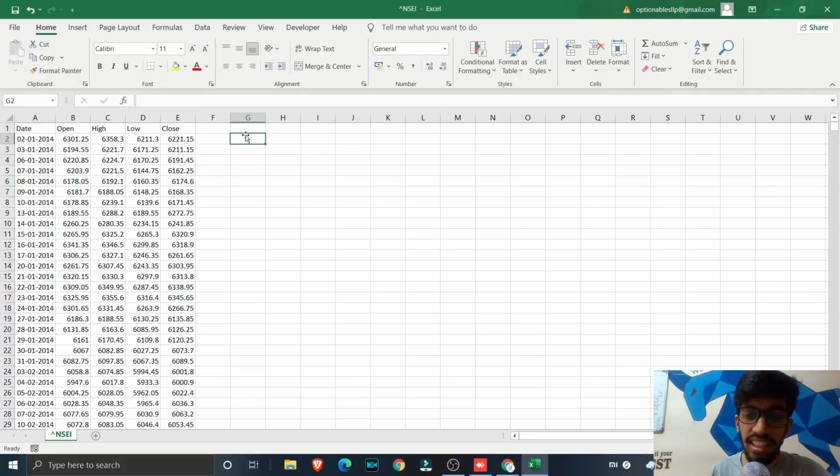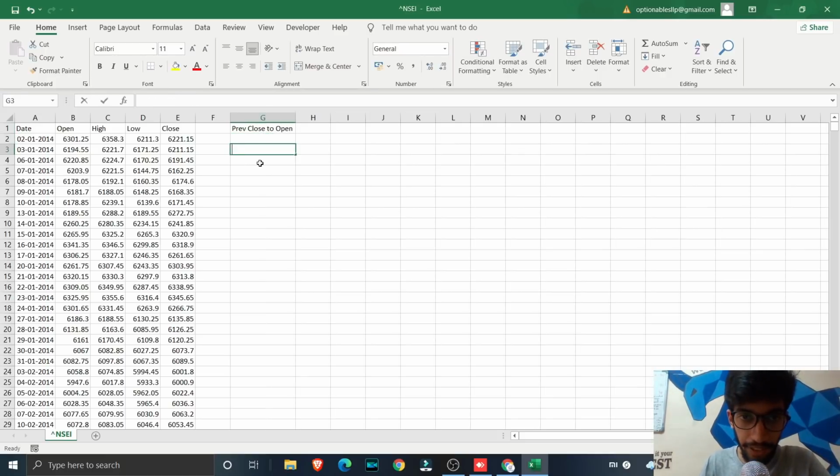So we will just do a simple calculation, that is, we will just try to find out what is the move of Nifty from previous close to next day open. So that is all we are trying to do. We are trying to build a very basic system where we see what is the Nifty movement from previous close to next day open. So for that, we are going to use a simple formula. So this is previous close to open, right? So I'll just name it previous close to open.